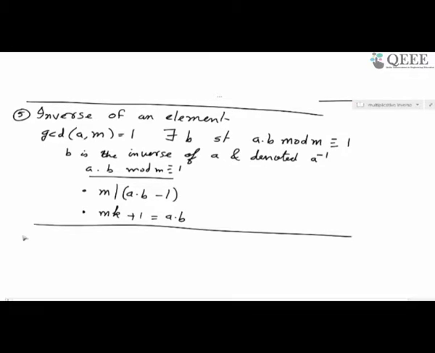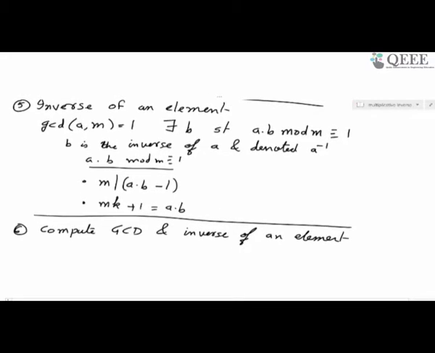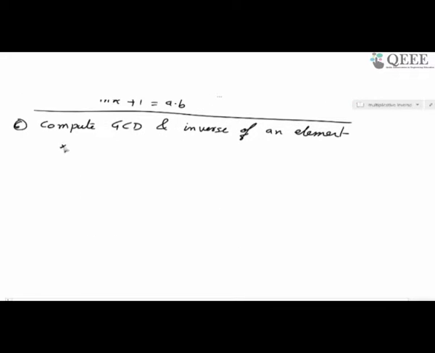Okay. Now another thing which we actually looked at yesterday was how to compute the GCD and the inverse. The inverse is actually known as the multiplicative inverse of the element. We would not require this particular algorithm too much today, but just to recollect, computing the GCD was done with an algorithm known as the Euclidean algorithm,